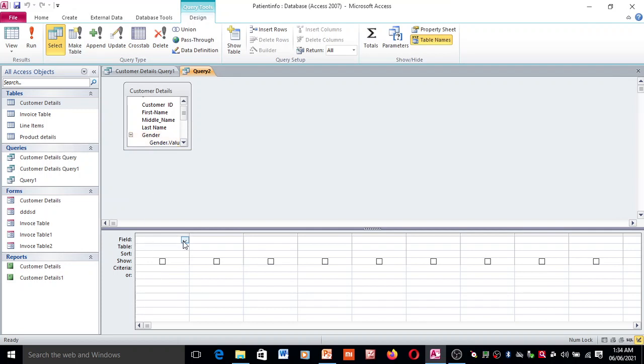Here you can select the number of fields that are available over here. I am selecting here amount paid, and you can sort these details also, means you can give the sequence in a descending order. In another field you can select over here. I am selecting here number of amount paid. Also give them a descending order.